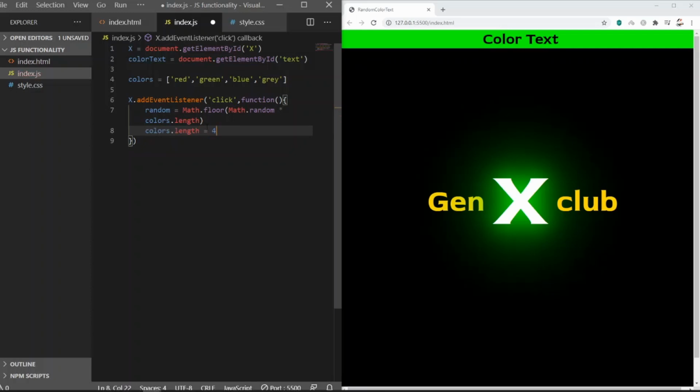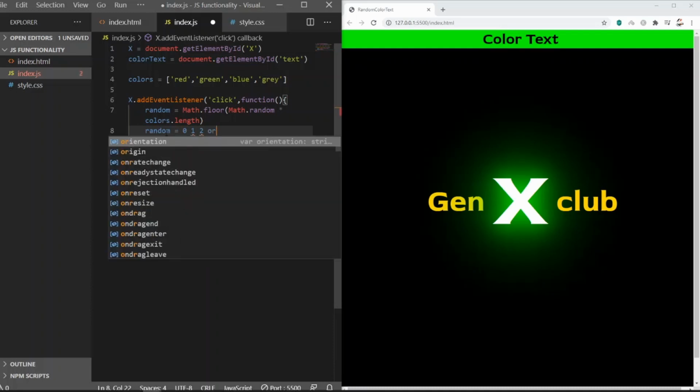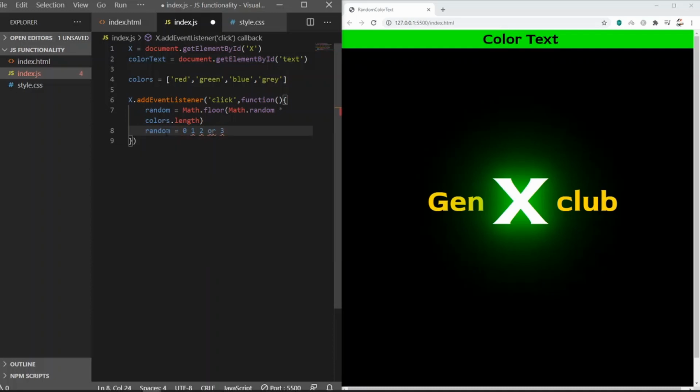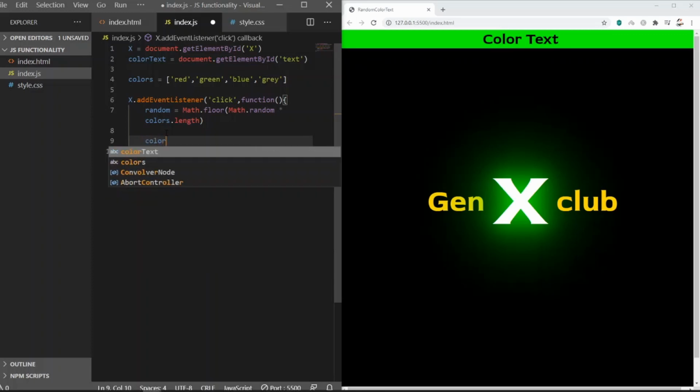Nice. And what it's telling you is Math.random is to generate only 4 different index, and that is 0, 1, 2, or 3. Okay, so these are the index values the random variable is going to generate, and we are going to use that to find the location of the colors and update our text and background.